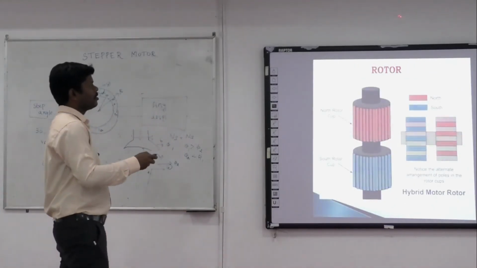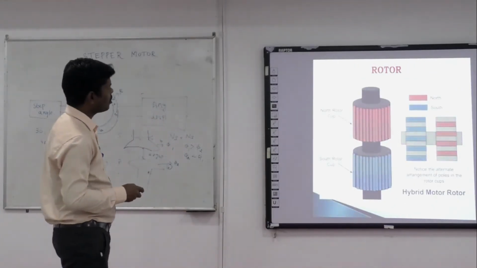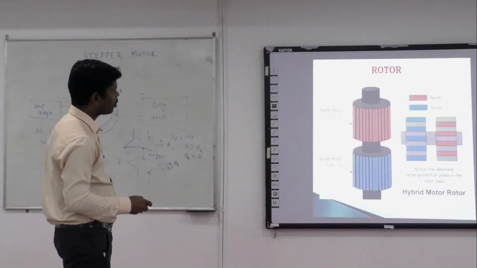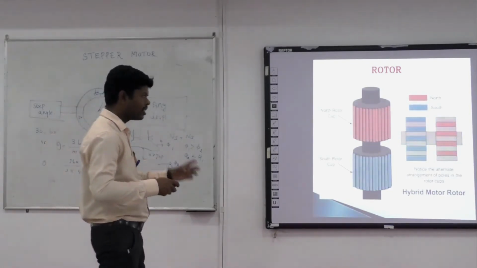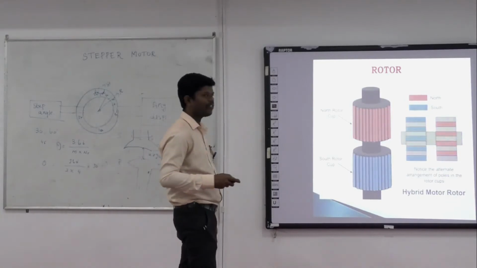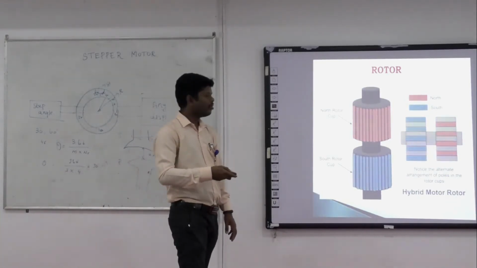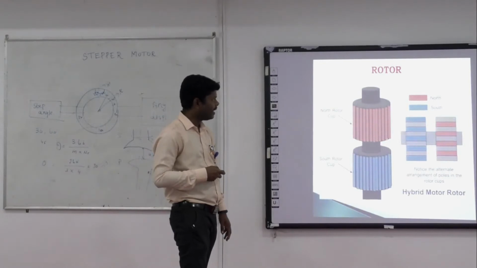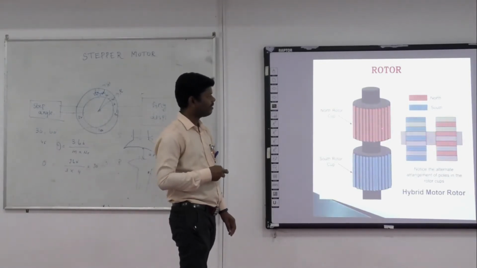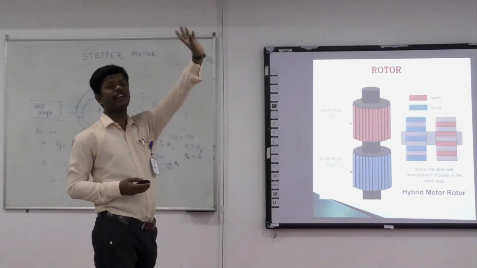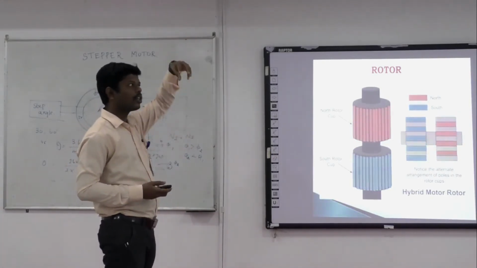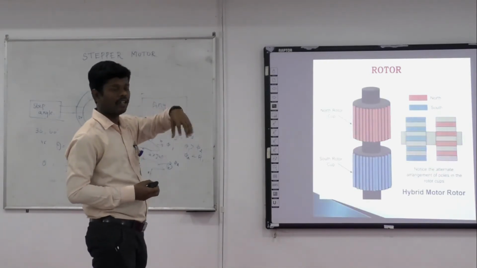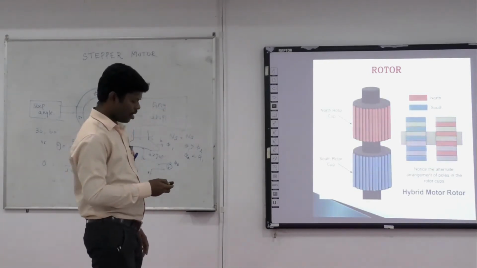Next is the rotor. The rotor has a north rotor cup and a south rotor cup. North is shown in red and south is shown in blue. Both are coupled and connected to a single shaft, and built into the stator. Then this line is called the teeth. The teeth are the outer projection of the stator. So the stator has an outer projection and the rotor has an inner projection. That is the main principle of our stator and rotor.